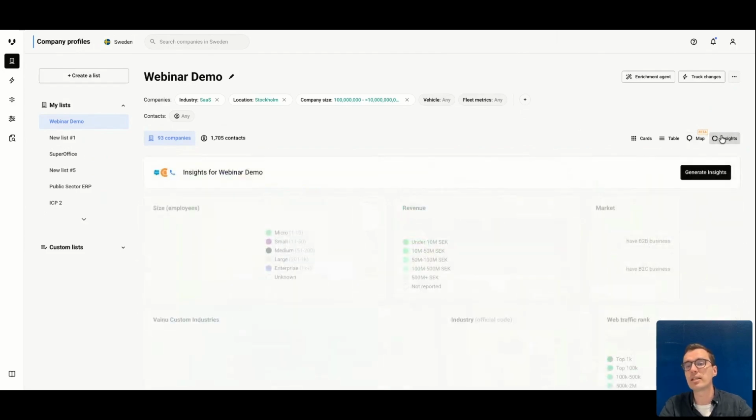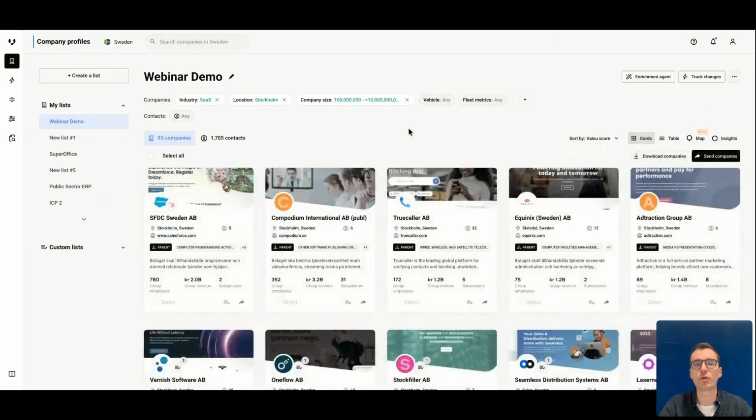And there's also the insights feature, which you can use to gain some understanding of lists that you have created in terms of how big these companies are, to what industries they belong, and so on and so forth. And finally, if you hover over here to the actual list of different lists that you have created,